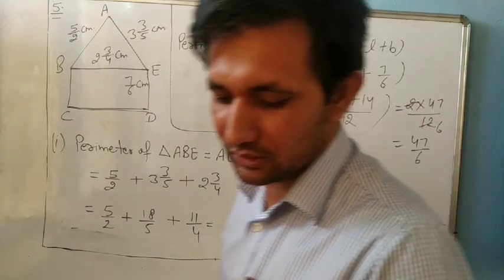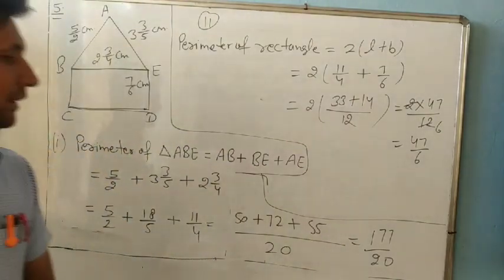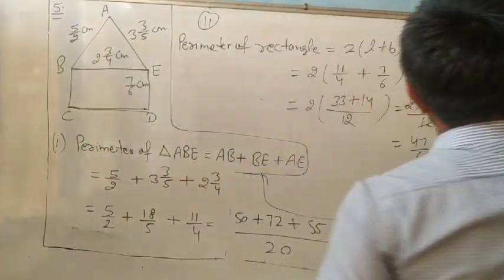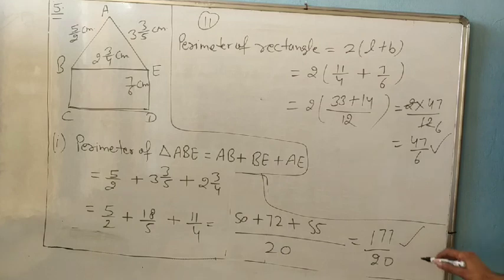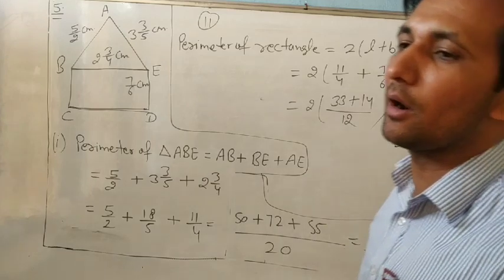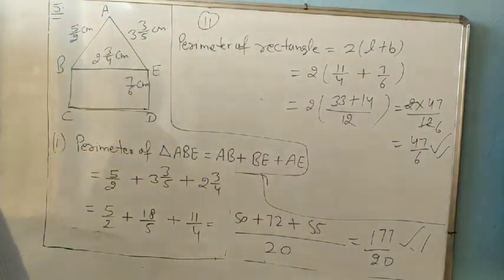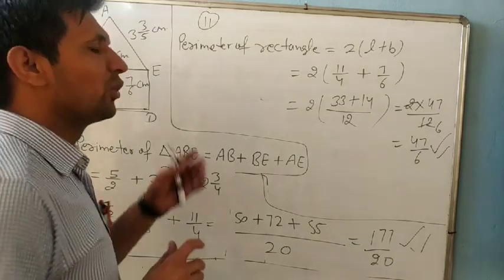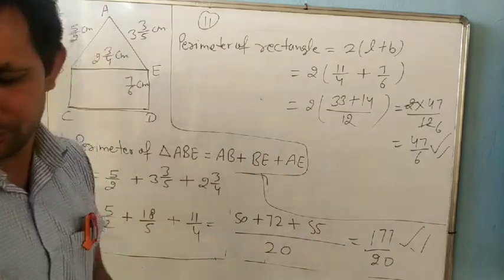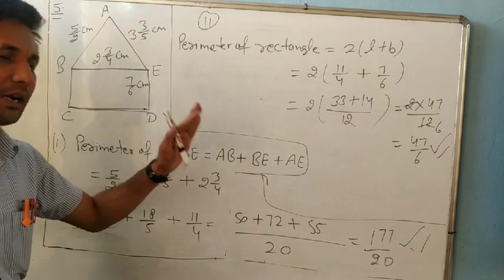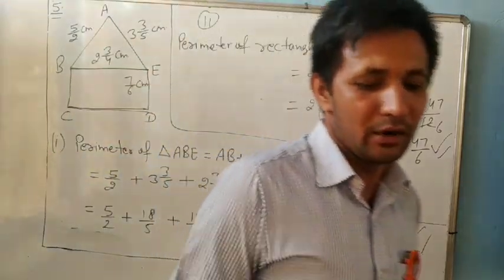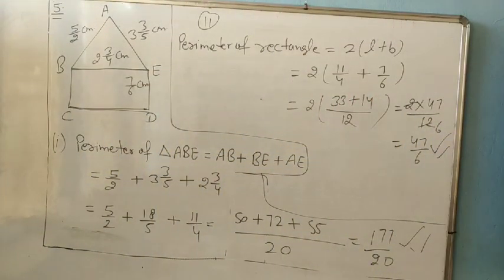And now he is asking whose perimeter is greater. So this perimeter and this one, which one is greater? We cannot compare directly. First we make the denominator the same. How will we make it? By taking LCM. So do this question yourself, okay? It is an important question also, but if you have any problem, ask me. But try yourself.